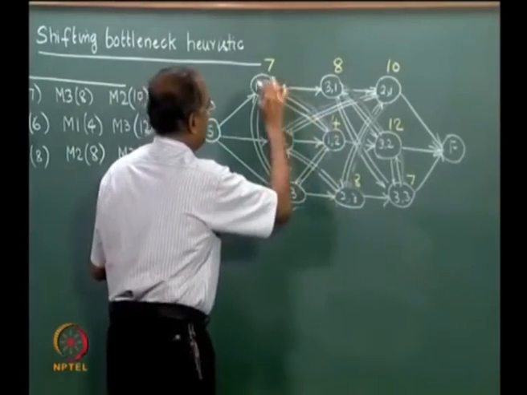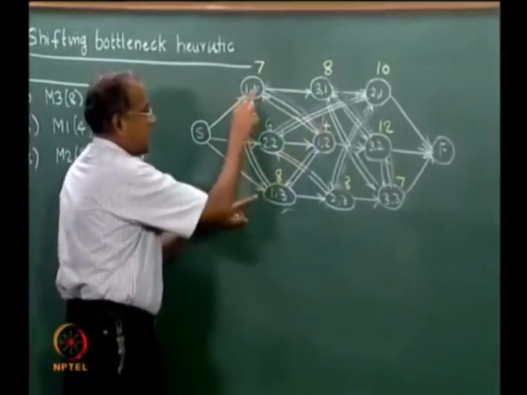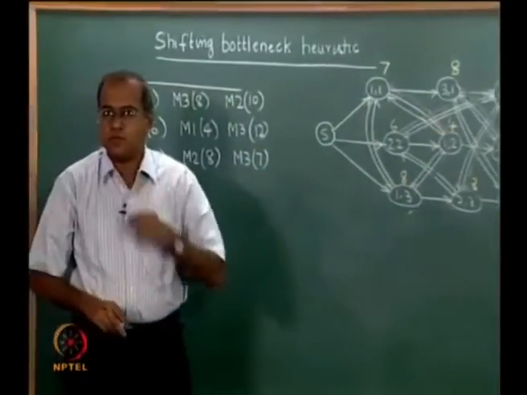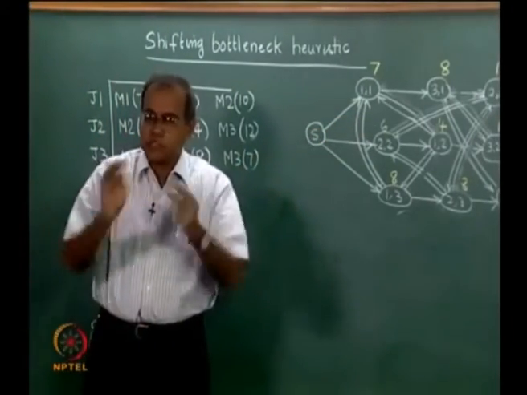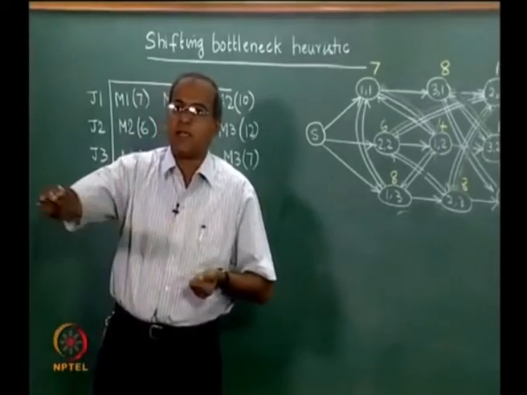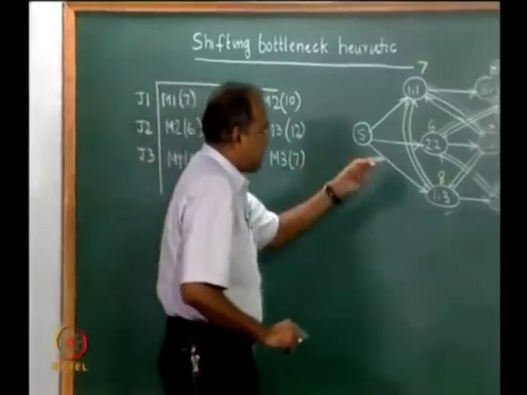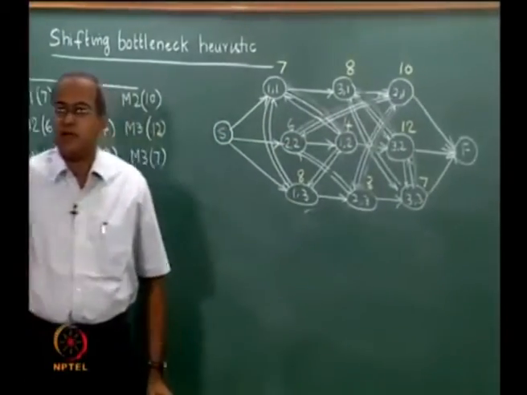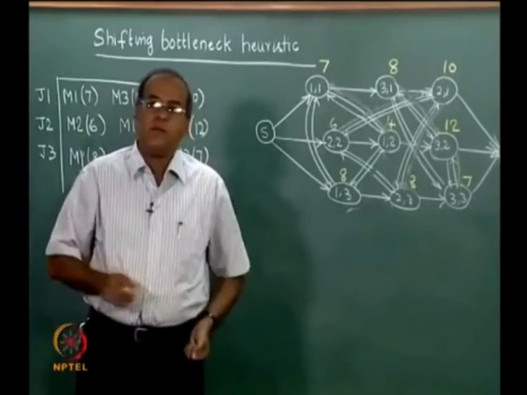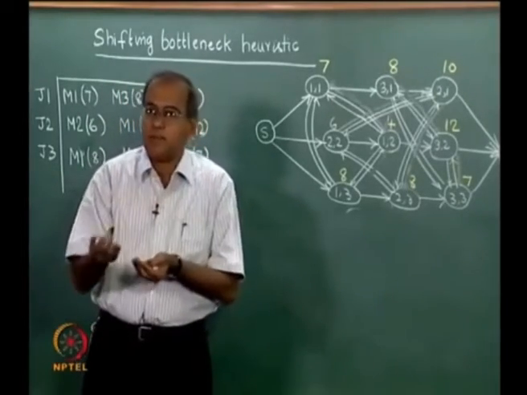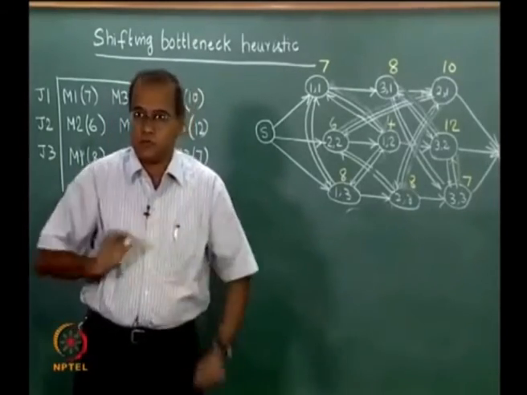So now we have to find out, if we take machine 1, out of these 6 arcs, which 2 we are going to choose. Similarly for machine 2 and similarly for machine 3, and once we have chosen, the longest path will automatically give us a makespan. Now in order to understand what is the best way to choose these arcs, we look at another sub problem which I will explain now, and then use results from that sub problem to determine the correct set of arcs that we need to choose.